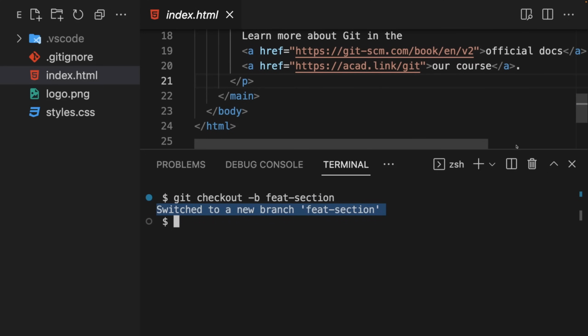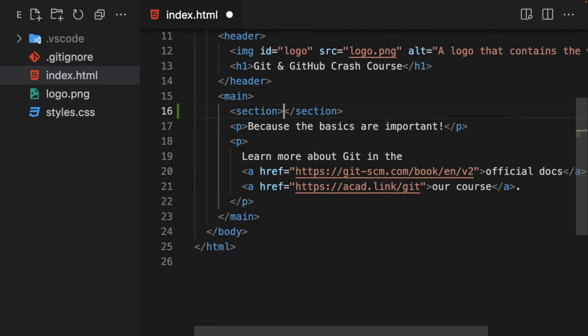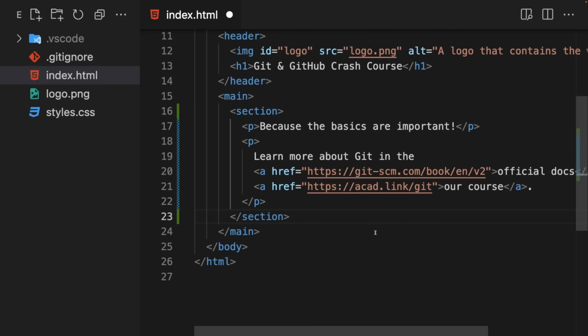And now we can make that change that should be made, which in my case here simply means that I add this section and I wrap this around these two paragraphs like this. So that's my change now. Again, a trivial change, but good enough for this demo. Now, after saving this file, I want to stage this change and I want to create a new commit, a new snapshot, but I want to do that in this separate branch because maybe the feature isn't fully finished yet, or for other reasons, we're not quite ready to merge it into the main